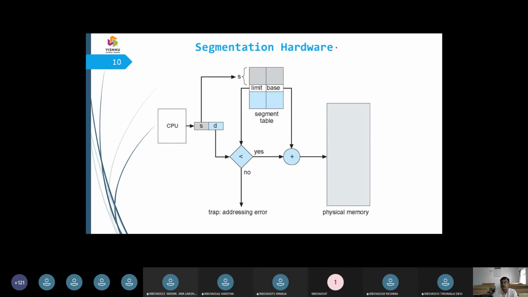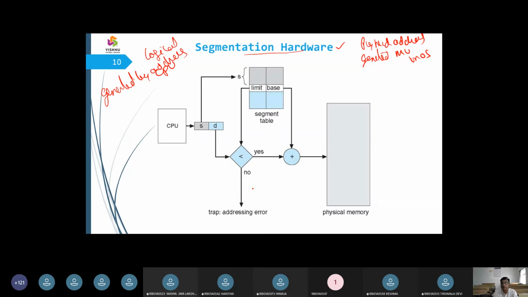Now you have the segmentation hardware. In the segmentation hardware, we have logical addresses, which are generated by the central processing unit, and then we have physical addresses, which are generated by the memory unit in the operating system.